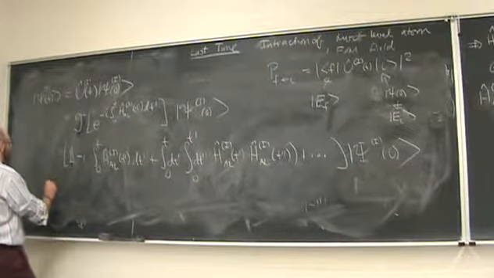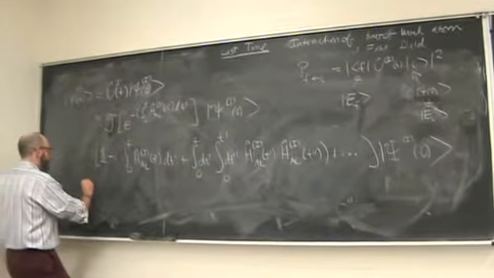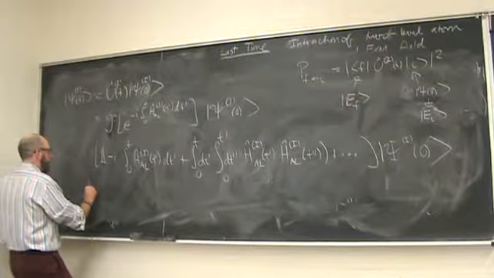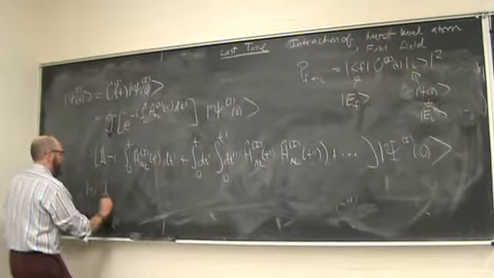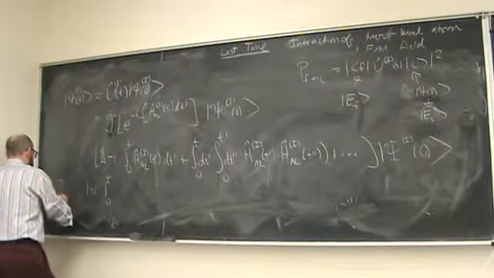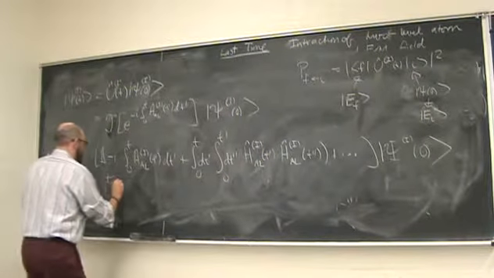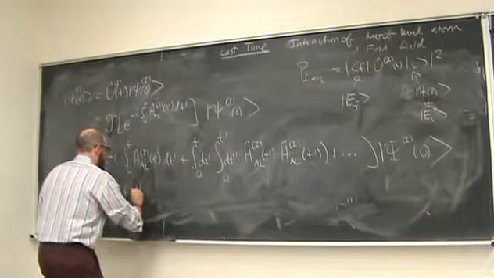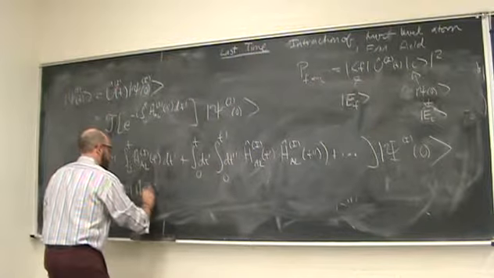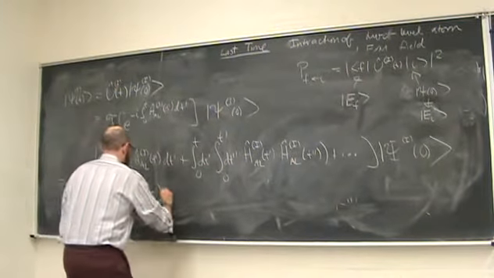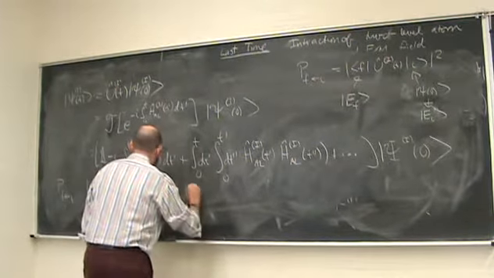And then my probability amplitude is going to be something like minus i integral 0 to t, my transition amplitude from final to initial, dt prime